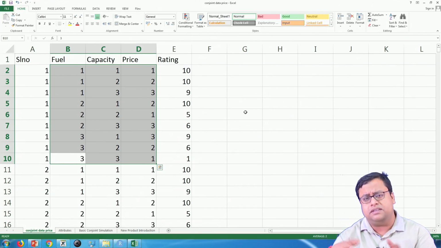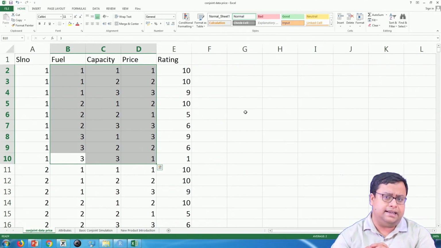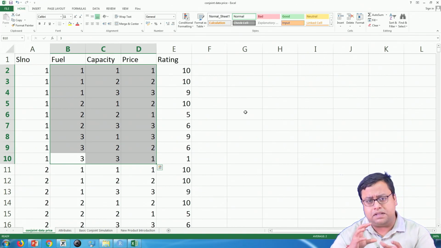So, he sometimes gives gibberish, or he follows his own heuristic rather than a properly thought out rating. So, that might actually impact the quality of the data that you are collecting. So, instead of that, we sometimes give a subset of the overall design, and that subset will have an orthogonal design. Orthogonal design means that if I give these 9 choices and if I run this for this table,